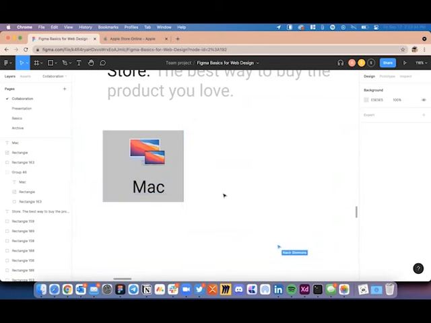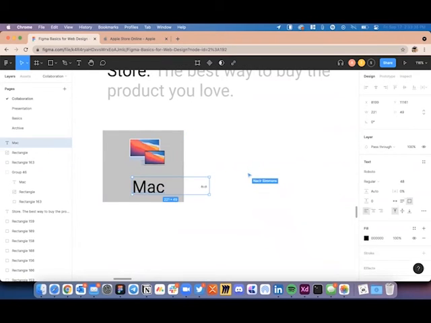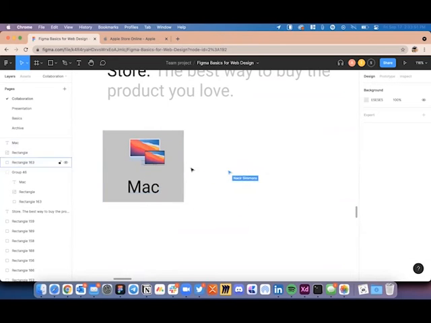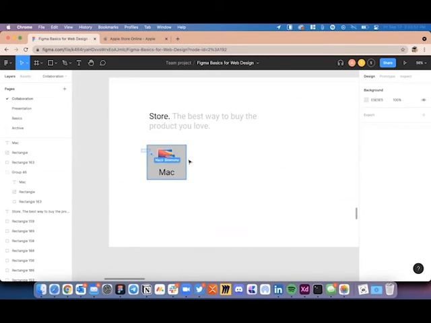The only thing that might go wrong here is that the width of this text is bigger than what it needs to be. So you can select the text, and this is how you will set the width for it. This will make your job much easier now that this one component has been created, right?